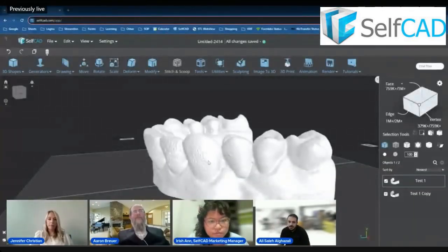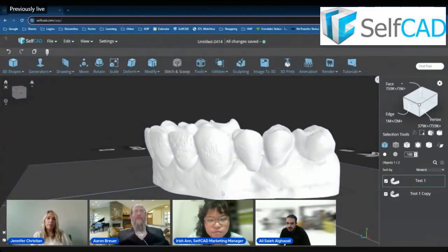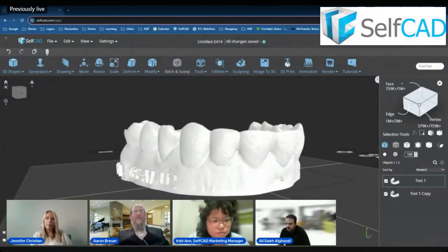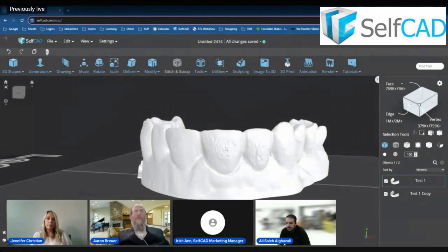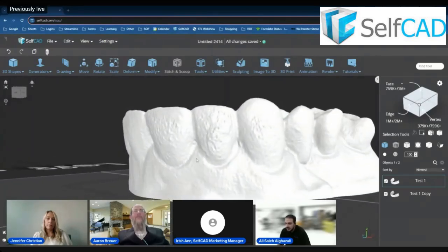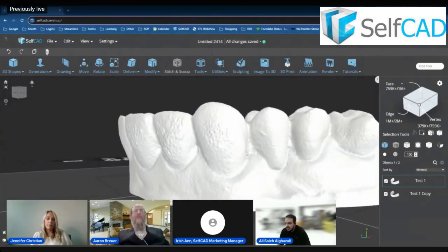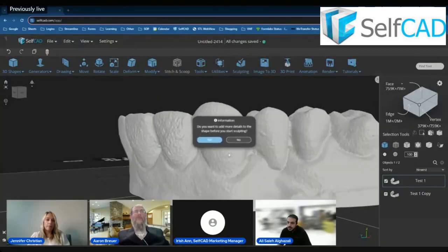One of the day-to-day tasks is, as you can see, we have an example dental model here, which, from SelfCAD's point of view, is just a 3D object. It's nothing more, nothing less. As a 3D object, these bubbles that we see within the tooth design are one of our original designs within ExoCAD, where we didn't really care too much about the way the design is because we can always fix it manually. But since we decided to start digitally fixing it, the sculpting feature within SelfCAD is